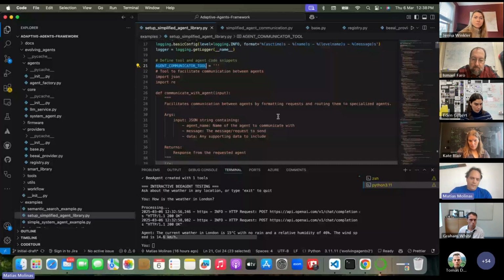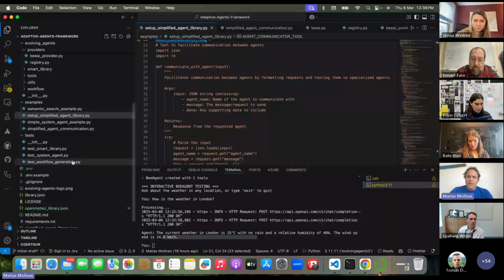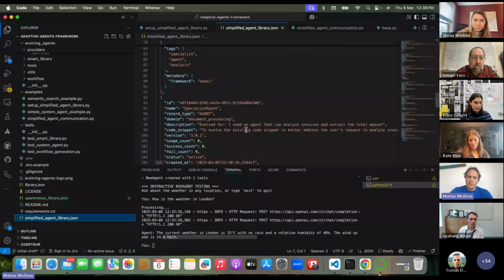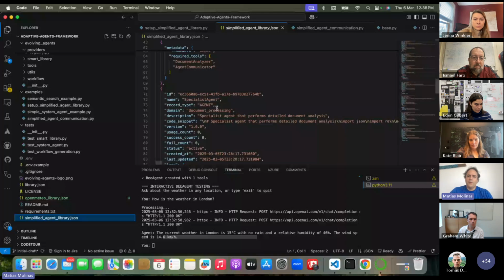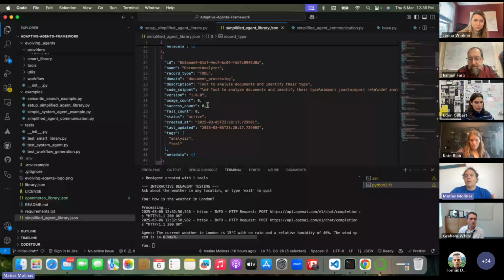If I run this example, I think I have the library here, and basically what I am doing for now is defining all the agents and tools that I need in the library, and I am using the basic approach. That is, to retrieve the agent and tools from the library I am using semantic search, but here the challenge is semantic search with regard to what? To the description, and I need a better description or a better criteria if I have a lot of agents